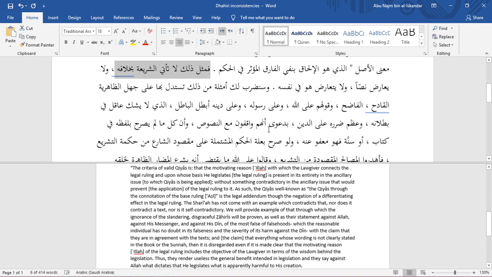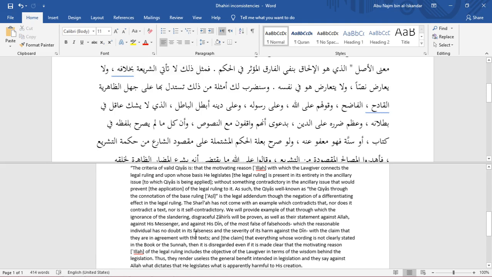Bid'ah, with the claim that they are in agreement with the texts. So this is how they're harming the deen. They reject qiyas, and in the rejection of qiyas they say that they're in agreement with the nusus, with the Quran and Sunnah. And that everything,